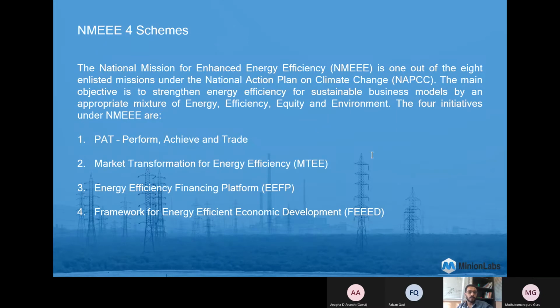Under MTEE, two other programs come, namely the LED program and the Super Efficient Equipment Program, that is SEEP, which has also been launched, in which over 29 million incandescent bulbs have been replaced by CFLs. Under this program, the efficiency of ceiling fans is aimed to increase by over 50% compared to the current market average, which lasts over 15 years. BEE also intends to prepare material on energy efficiency, which will be included in NCERT textbooks for grades 6 to 10 in order to promote energy efficiency in schools as well.